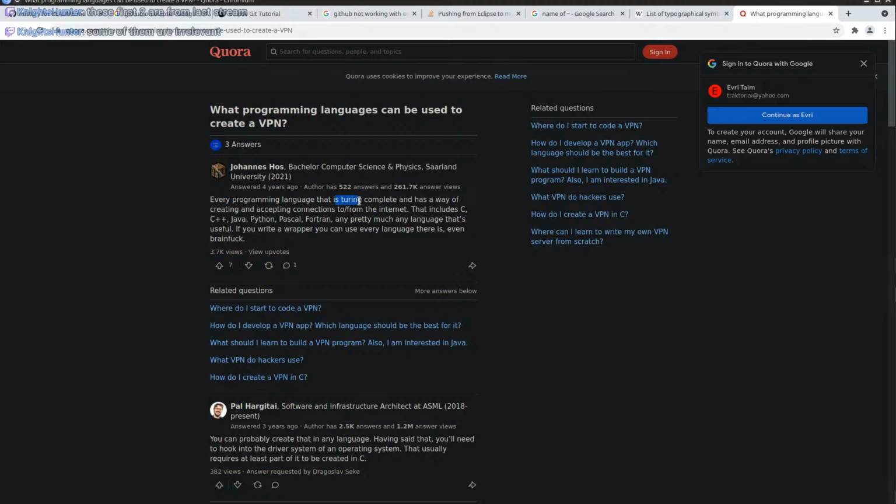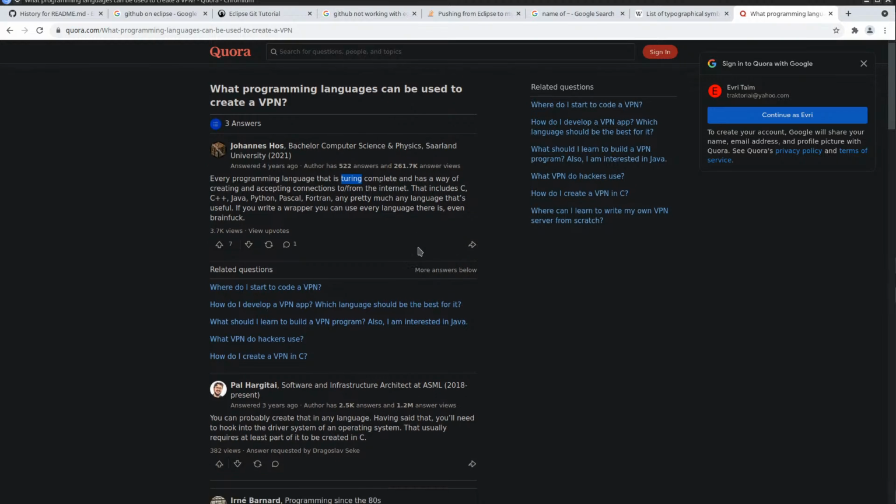Okay, so it's talking about Turing machine, state machine, yes. And has a way of creating and accepting connections to and from the internet. C, C++, Java, Python, blah blah blah, and pretty much any language that's useful. If you write a wrapper, you can use every language there is.